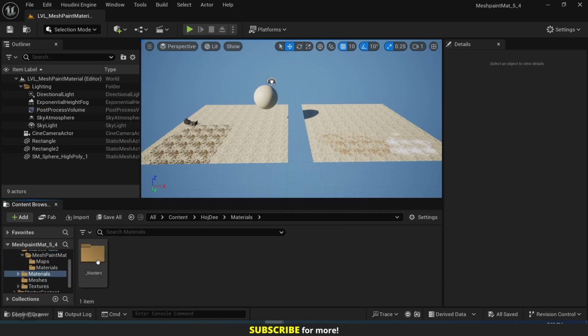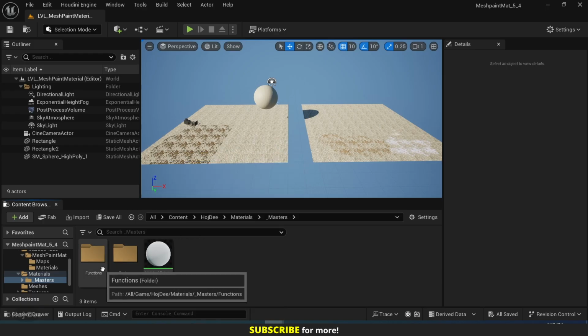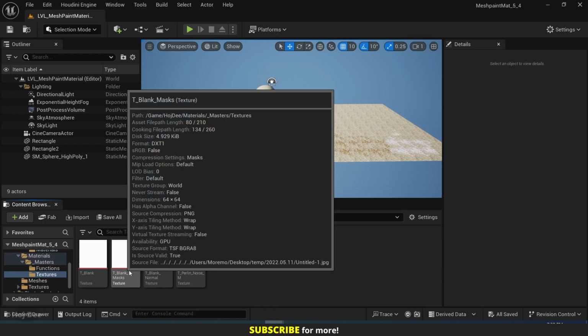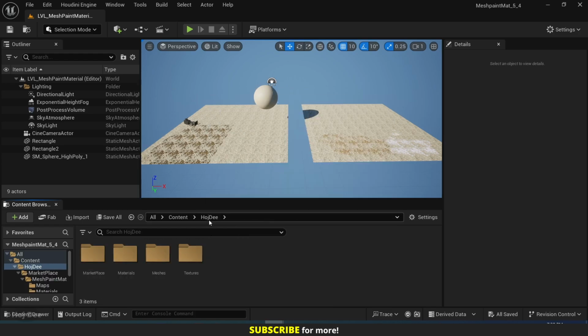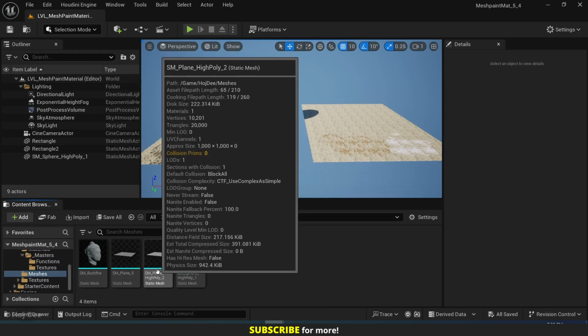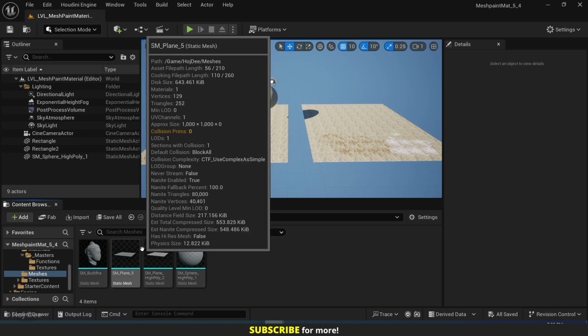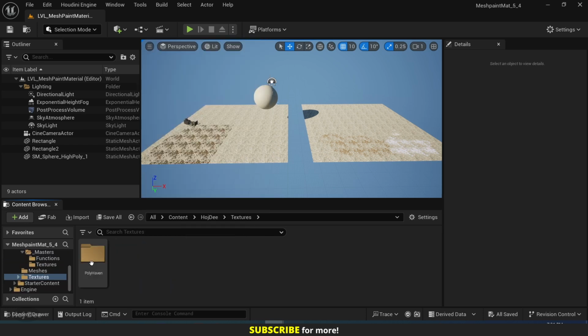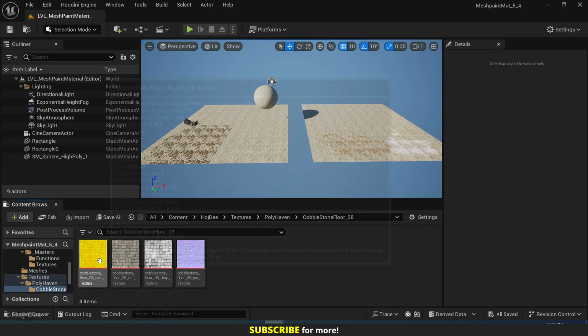In Materials, Masters, you can find the master material and some functions and default textures. In the Meshes folder, there are some meshes to test the material on, and in Textures, Polyhaven, I'll use them to explain how the